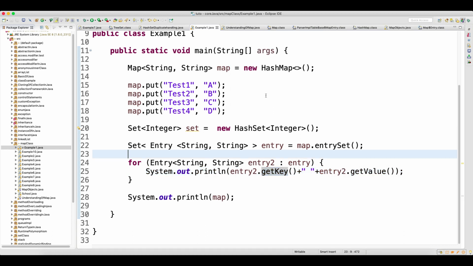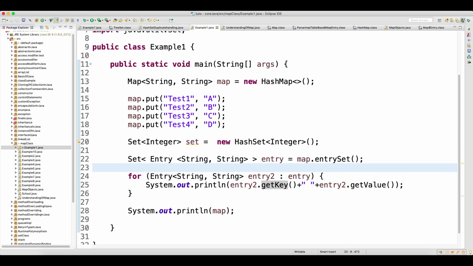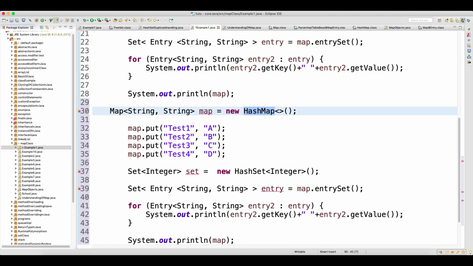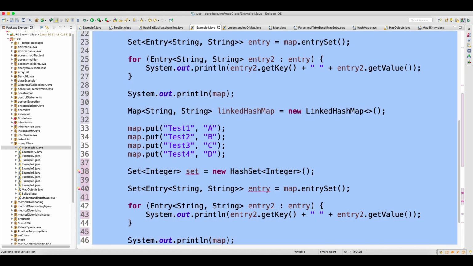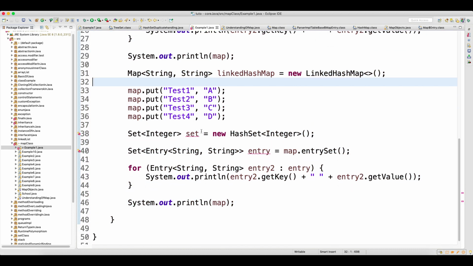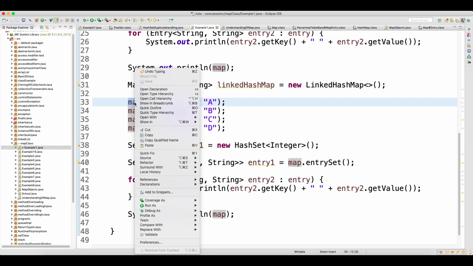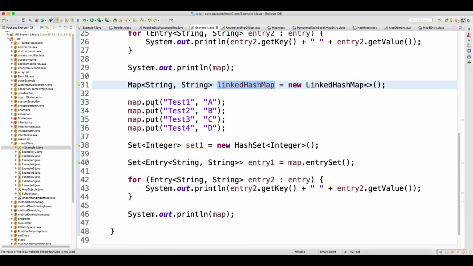Now the same thing will work fine if you take the entire code you have written till now and change this to, let's say, linked hash map, and change the reference to linked hash map. Control A, Control Shift S, and make one, then copy the map.put lines you have and just replace them.